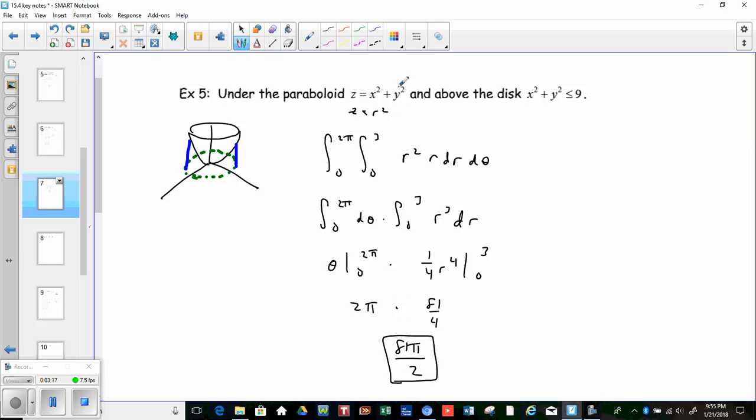Okay, and this just required that you actually remembered the basic paraboloid and what it looked like, and then the fact that this is just a circular disk that's on the xy plane. All right,